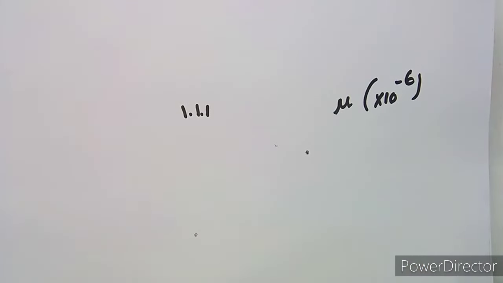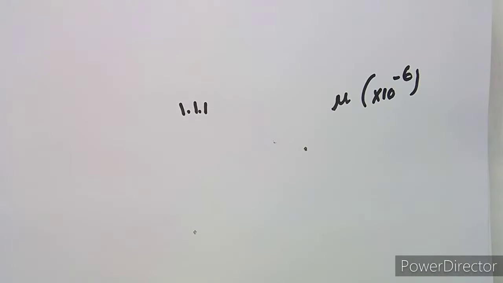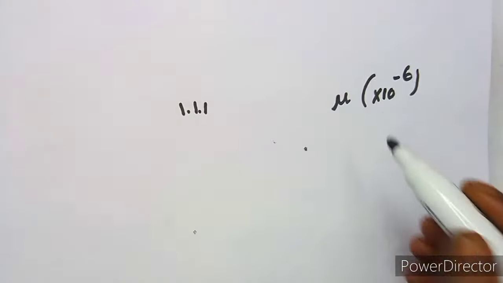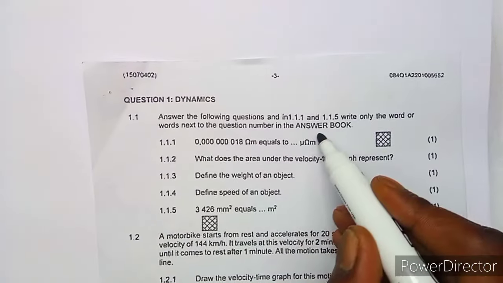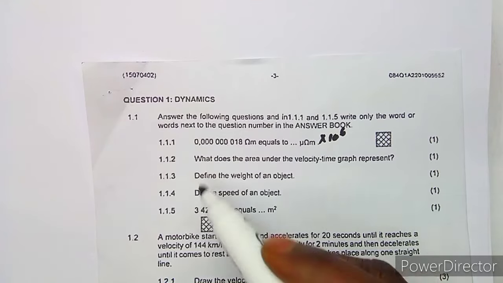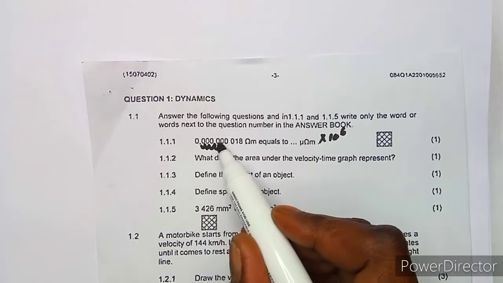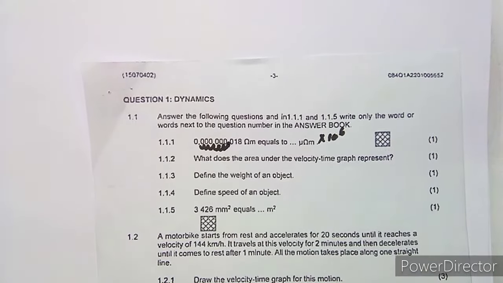So for you to write in terms of 10 to the exponent of -6, you do the vice versa to the number, because you want to convert to micro. So you multiply by 10 to the exponent of 6, or you simply move 6 commas, which is 1 2 3 4 5 6 somewhere here,